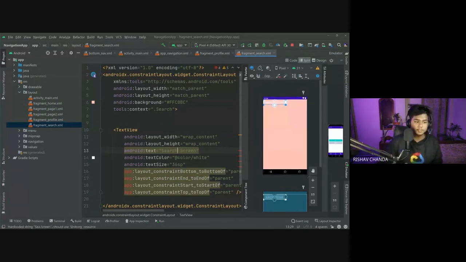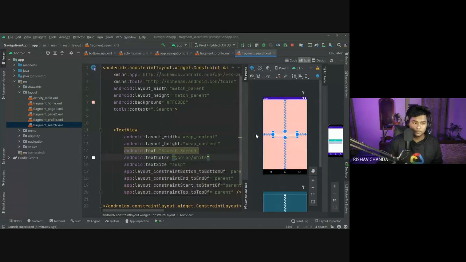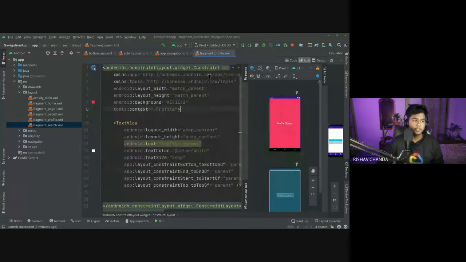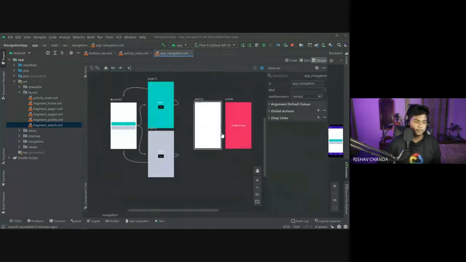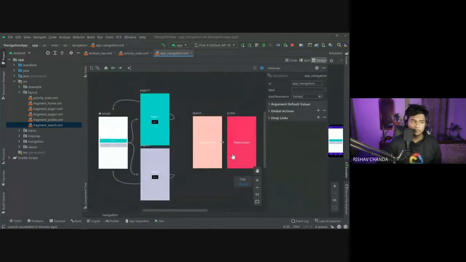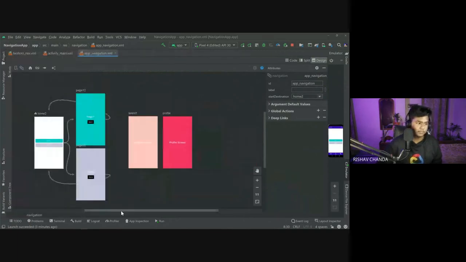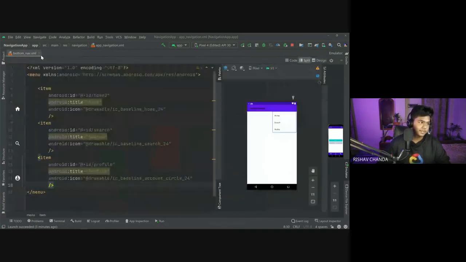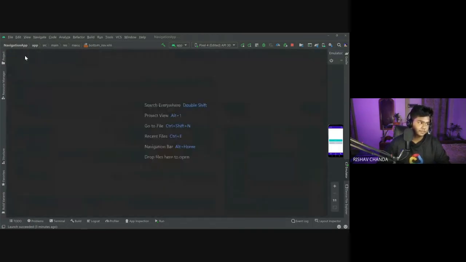And the constraint is showing error. Simply drag one and it will automatically come, right? So now these are the two screens which we have already designed successfully. If you come here, you can see that thing is now coming perfectly. In the navigation graph, you have this home, search, profile, right? But still we have not implemented the functionality of the bottom navigation. So let's implement that so that we can successfully use our bottom navigation, right?